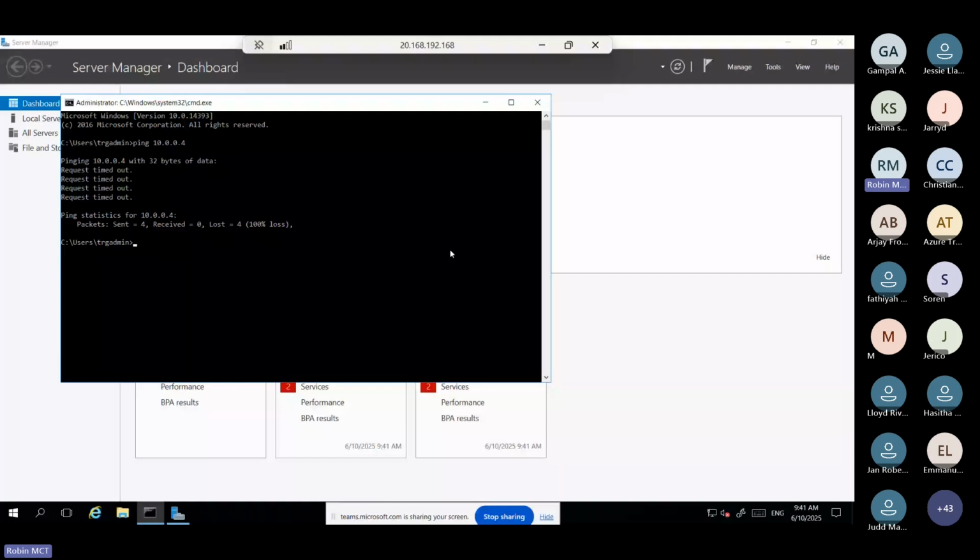So even though it's using the Microsoft backbone network, one VNet to another VNet communication is by default not possible, even if it's in the same region. So by default, Microsoft does not support communication here.